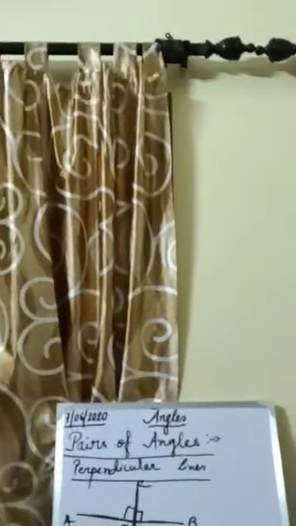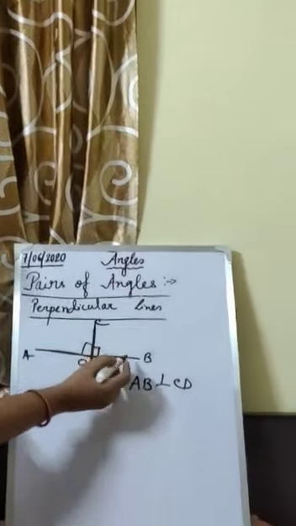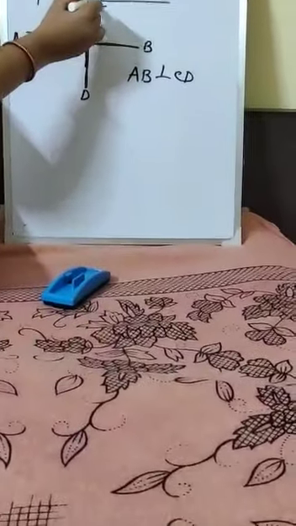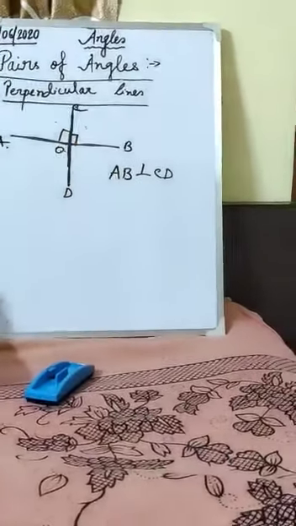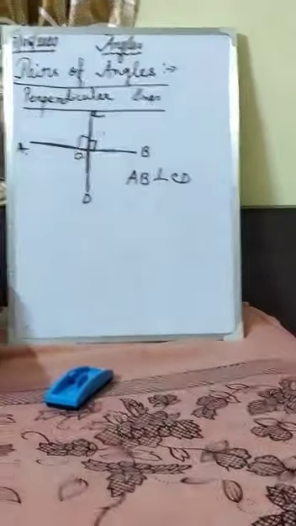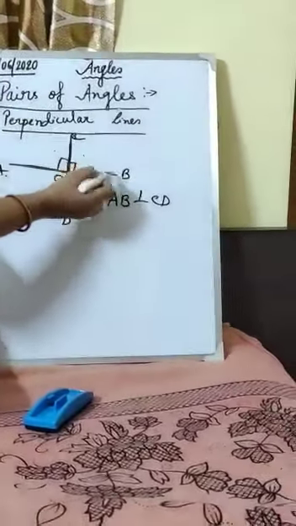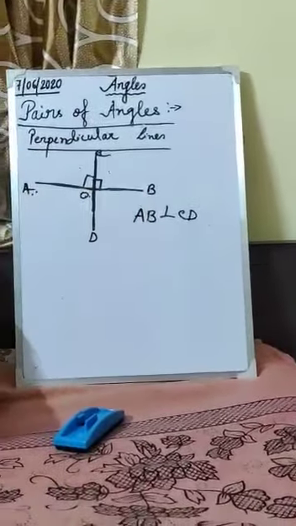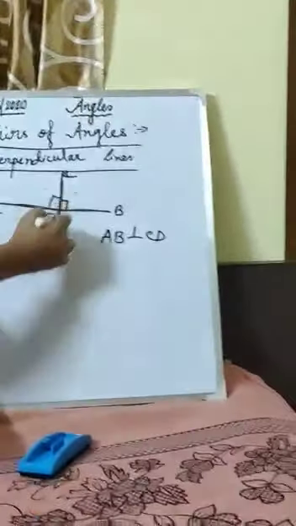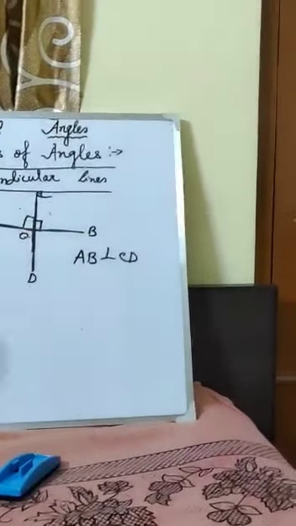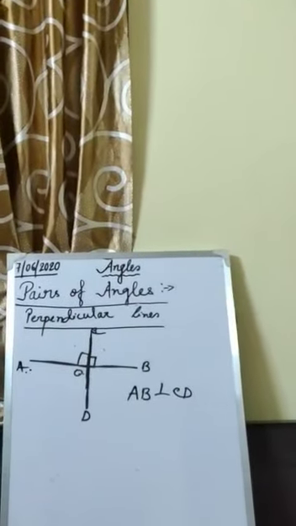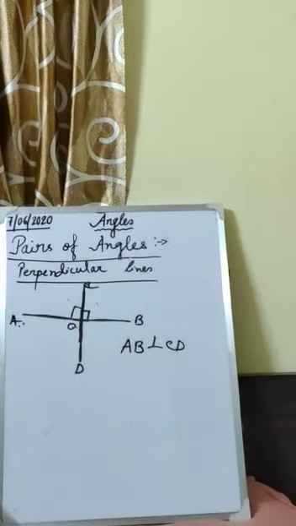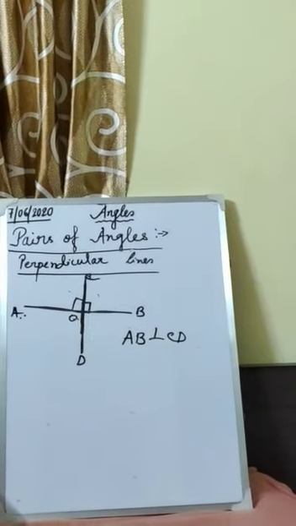Okay. And one more thing, you notice that angle BOC and angle COA are also adjacent angles. And if you add both angles, 90 degrees each, the sum is 180 degrees, so you can say that BOC and COA are a linear pair, right? Similarly, this side is also. So it is known as perpendicular lines because it makes the angle 90 degrees, or you can say a right angle.